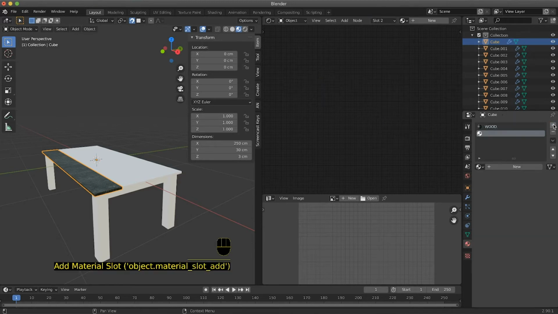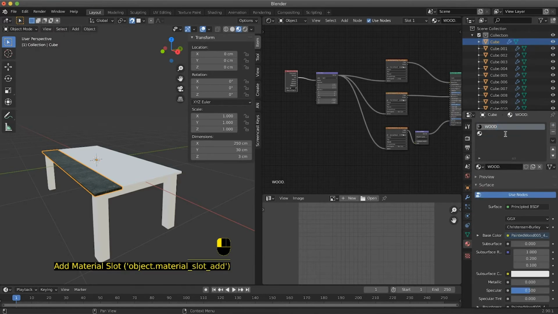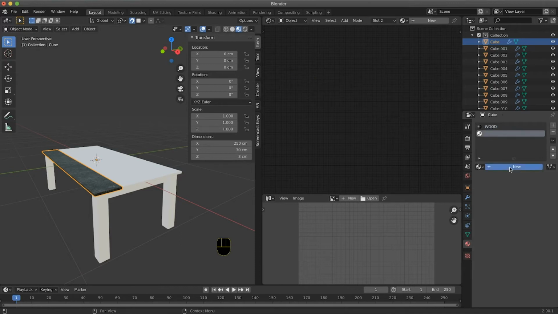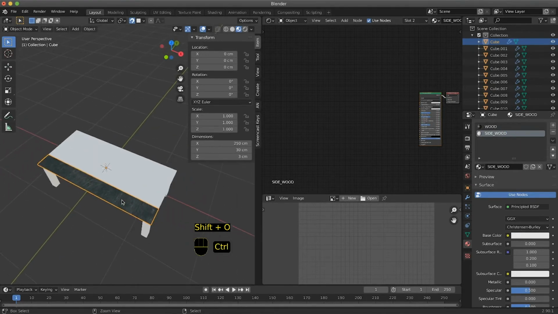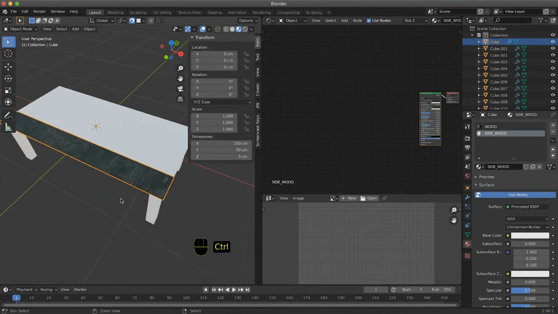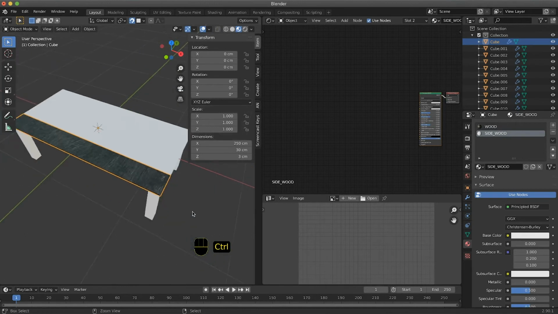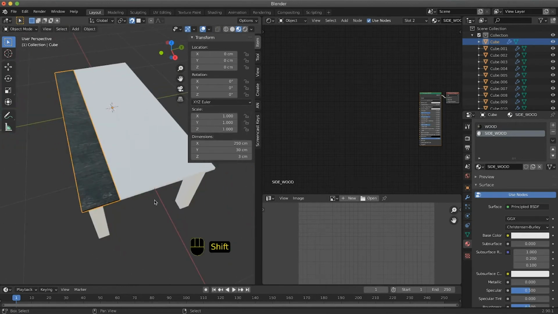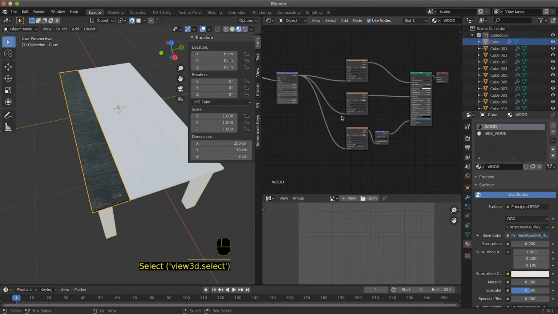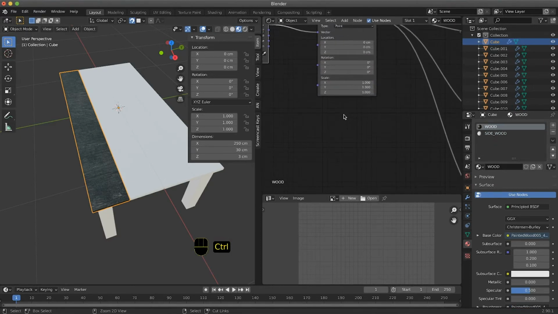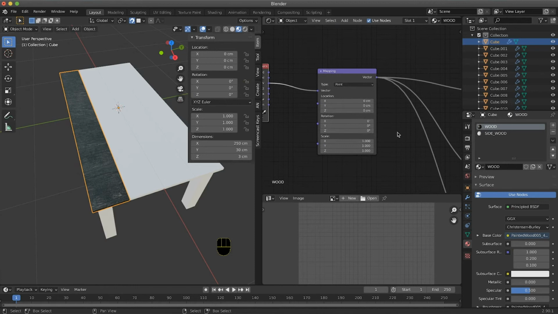And the other is gonna be side wood. So we play with the texture coordinate to make sure that the alignment of our texture is right. I would rotate these 90 degrees on the Z axis.